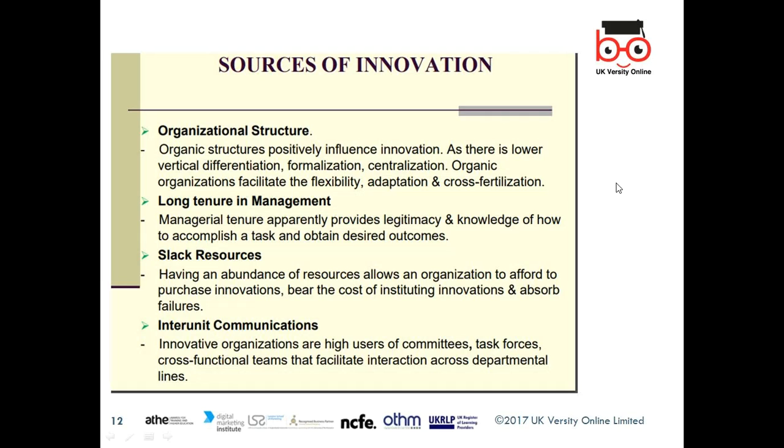Sources of innovation: where can innovation come from? The organization structure. If the boss is saying everything at the top level, all decisions are made at the top level, the organization structure, the management style, the chain of command and the chain of control, if everything is at the top level, what will happen? Innovation can't happen. That's why maybe you watch the Undercover Boss program. Various companies use undercover methods, where their CEO goes in as a normal person to observe.